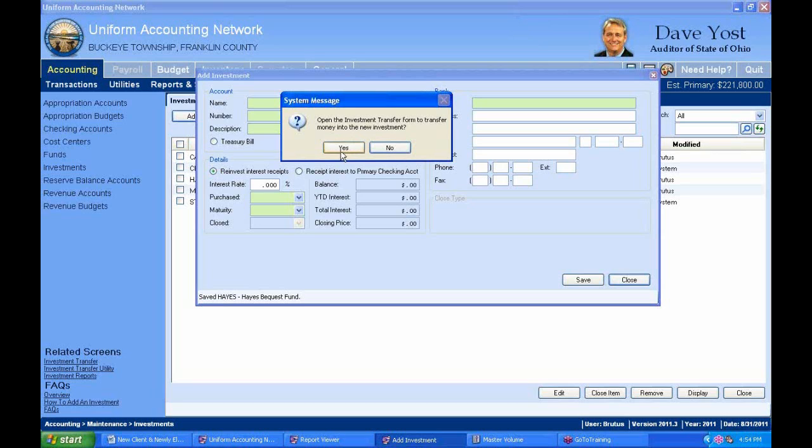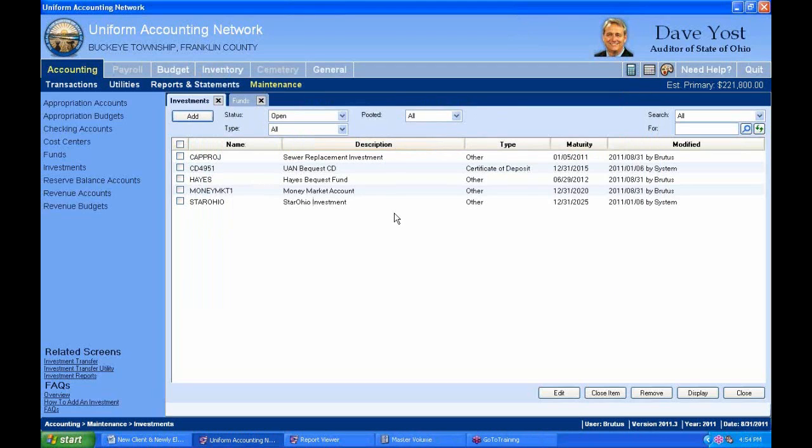So we could jump to transactions at this point and transfer the money directly into this investment, or we can do it later. So we're going to do that later, and when we get to that transaction lesson, we'll go ahead and do that. So that closes the form, and now we can see the Hayes Bequest Fund